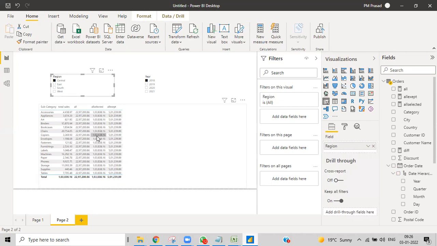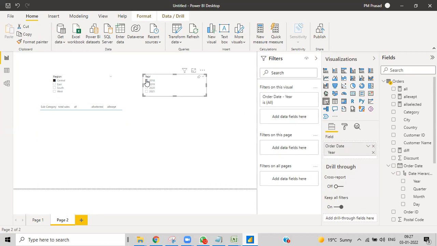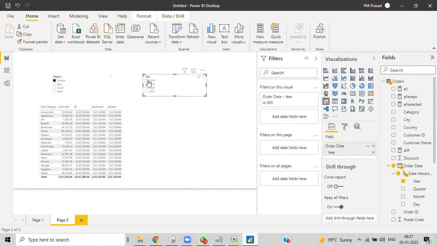Difference between this and this, just try to understand. Now we have applied it for region. Even though I have filters on this one, when I apply that one, it doesn't apply over here.